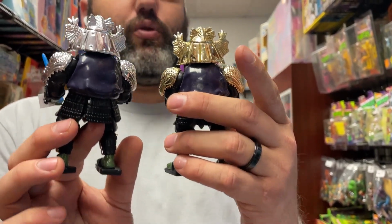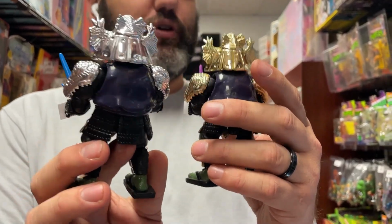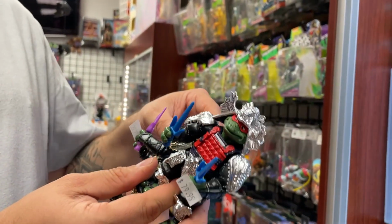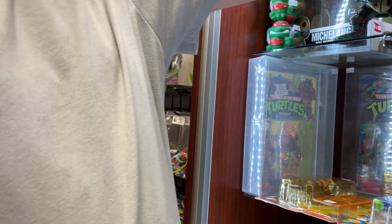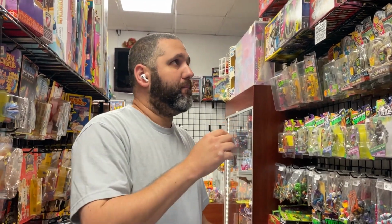Each turtle comes with a different color armor. Not different color armor, but you have two choices. You have gold and you have silver. So obviously gold is one price, silver is another price. I have to verify, but I'm almost positive it's the gold that's more money. Silver, I think, is the more common. I think it's probably like a $30, $40 difference, give or take, on the loose. But other than that, that's the pretty cool turtle stuff that came in today and obviously over the past couple